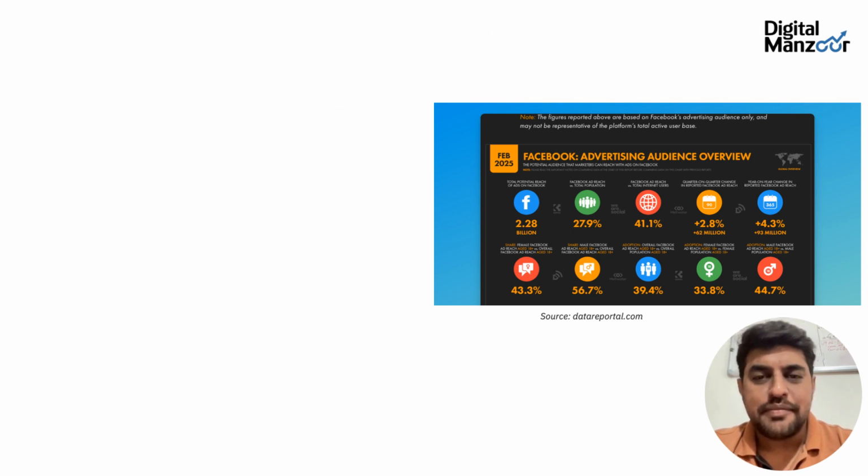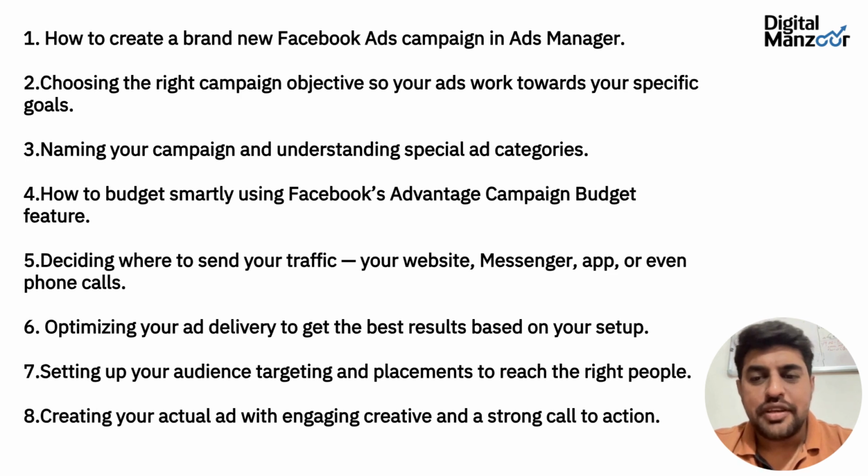In this series, we'll cover everything you need to know, including how to create a brand new Facebook ads campaign in Ads Manager, choosing the right campaign objective so your ads work towards your specific goals, naming your campaign and understanding special ad categories, how to budget smartly using Facebook's Advantage Campaign Budget feature, deciding where to send your traffic, your website, Messenger, app, or even phone calls, optimizing your ad delivery to get the best results based on your setup, setting up your audience targeting and placements to reach the right people, creating your actual ad with engaging creative and a strong call to action,